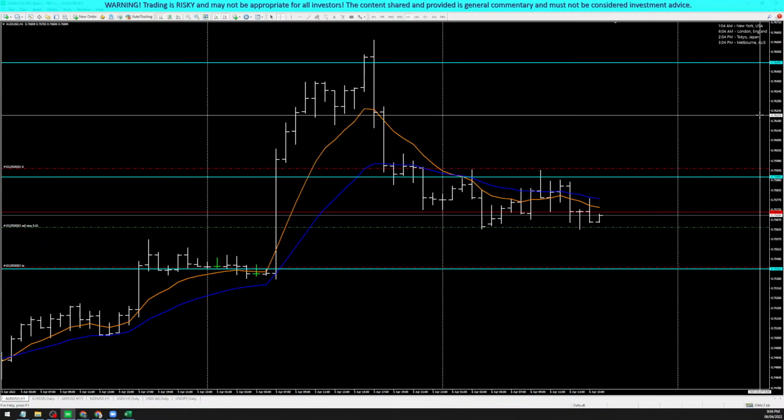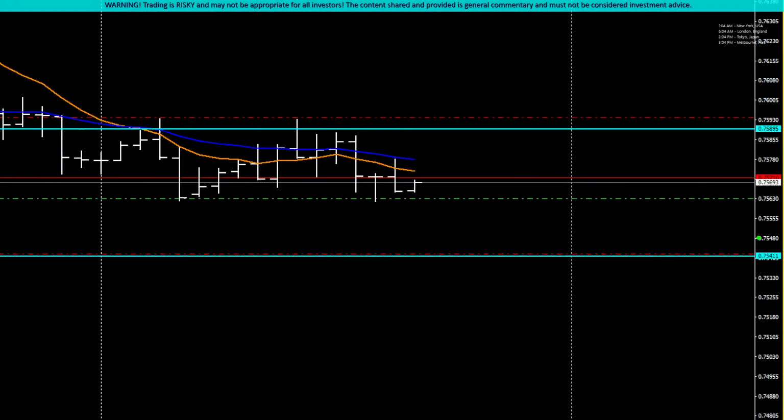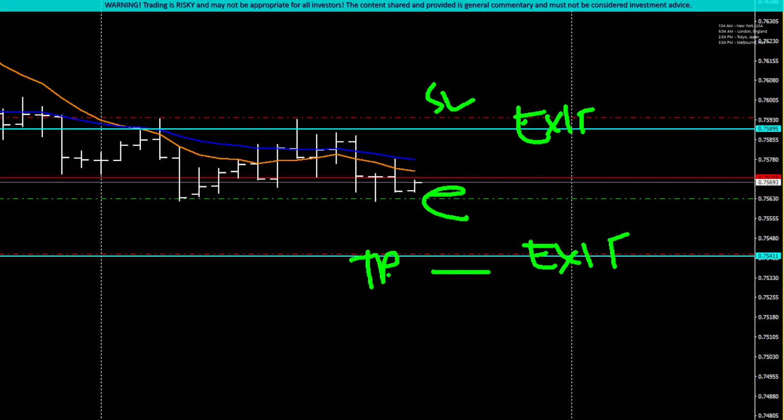There you go. If you notice, the green line is your entry price. The red lines are your exit. What does that mean? If you're selling, the exit price above is your stop loss. That's your safety net. The red line below is your take profit. This is your profit-taking level, as the word explains it.